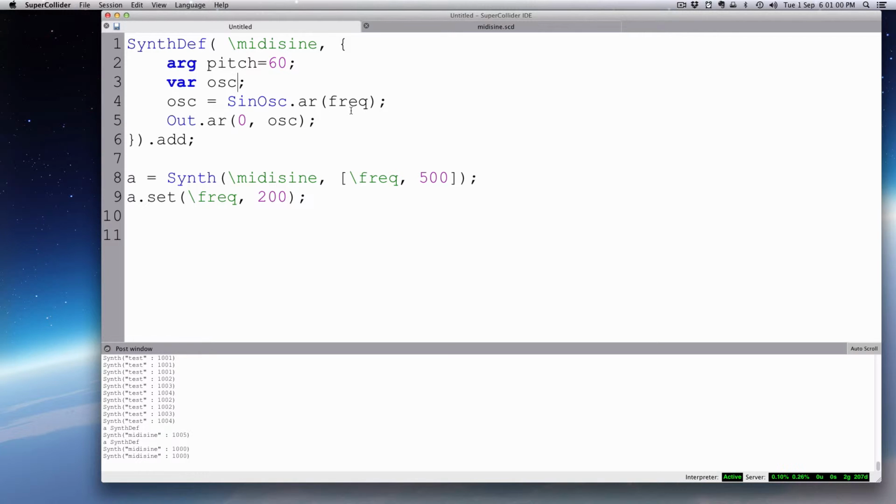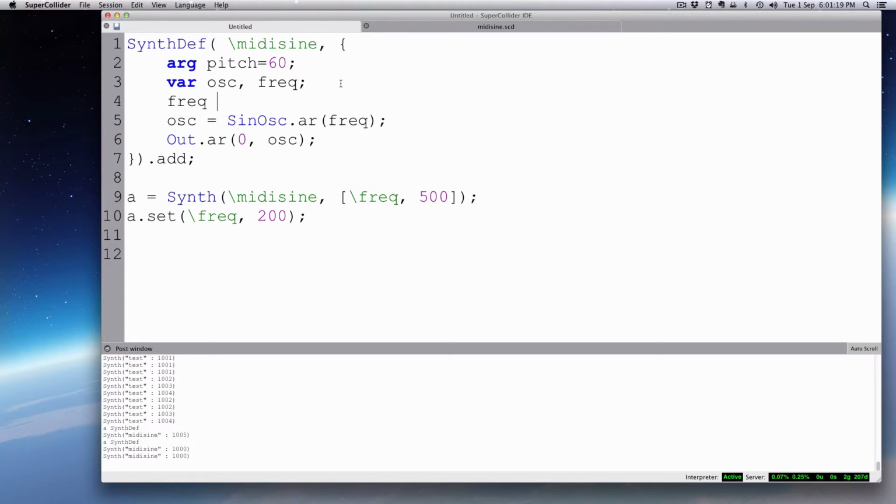So I'm going to do a little conversion here. SuperCollider, since it's a program for generating audio, has a number of shortcuts and little helpers that help you make some common conversions. I'm going to create a new variable, and I'm going to call that variable freq. The freq, or the frequency, is going to be equal to the pitch converted. And to do that conversion is very simple. I'm just going to use a little function called dot MIDI CPS, MIDI meaning the MIDI note, and CPS meaning cycles per second. It's going to convert my pitch 60 to a cycles per second frequency, which is what this UGen SinOsc